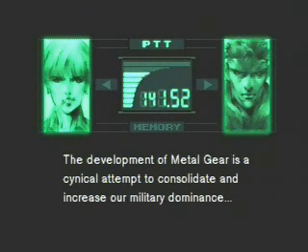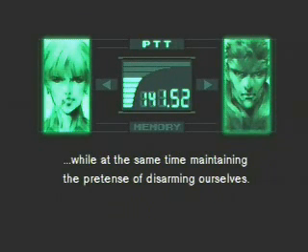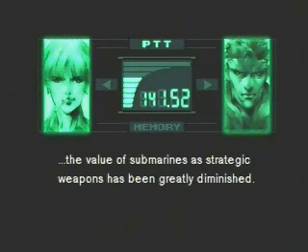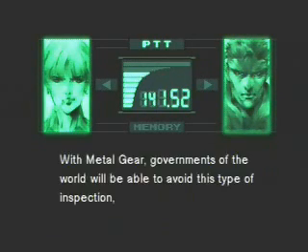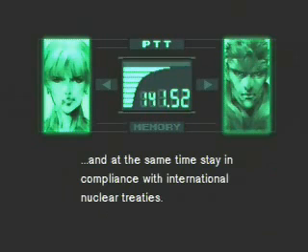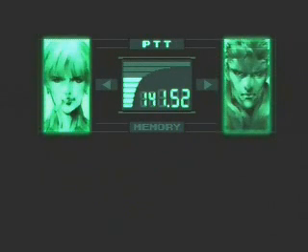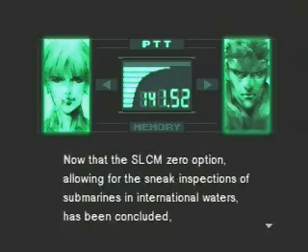The development of Metal Gear is a cynical attempt to consolidate and increase our military dominance while at the same time maintaining the pretense of disarming ourselves. Now that the SLCM-0 option, allowing for the sneak inspections of submarines in international waters, has been concluded, the value of submarines as strategic weapons has been greatly diminished. With Metal Gear, governments of the world will be able to avoid this type of inspection, and at the same time stay in compliance with international nuclear treaties. The development of Metal Gear